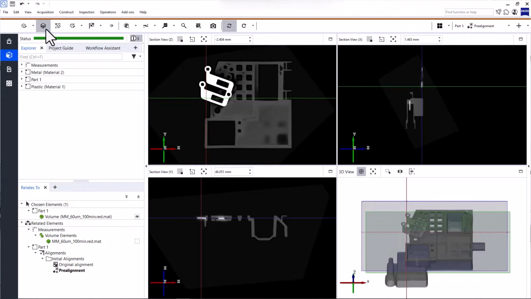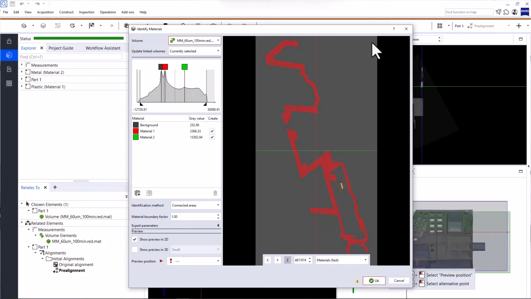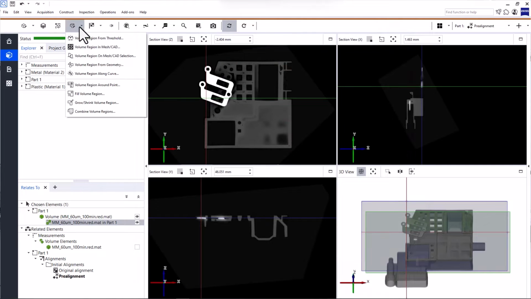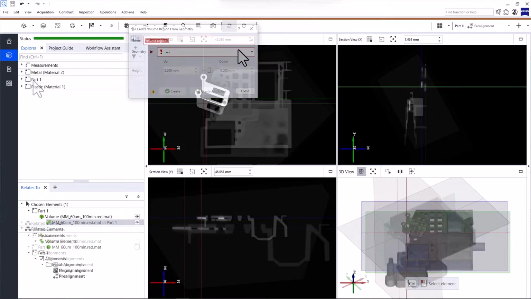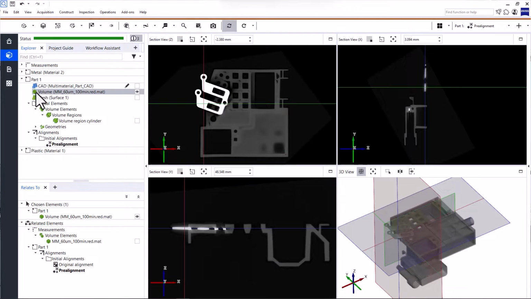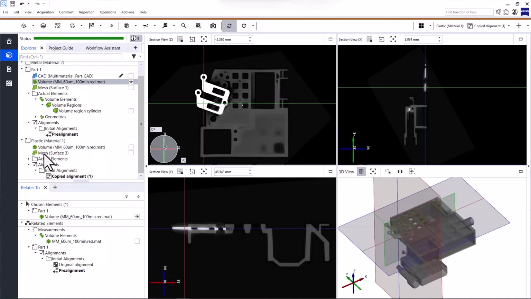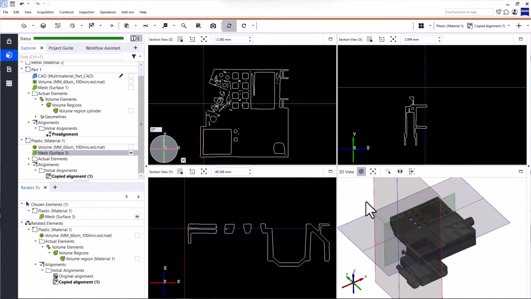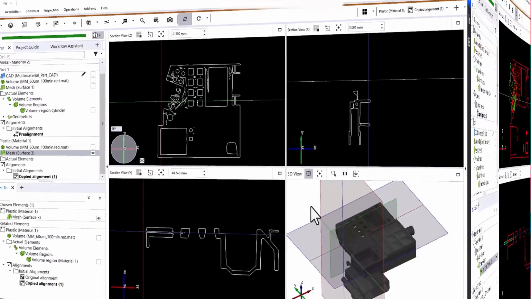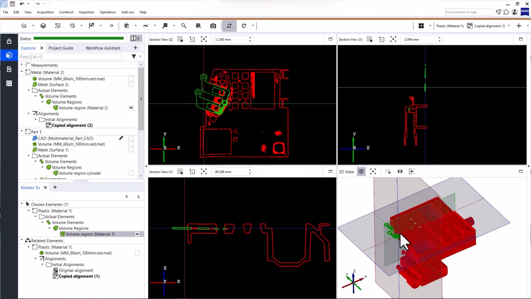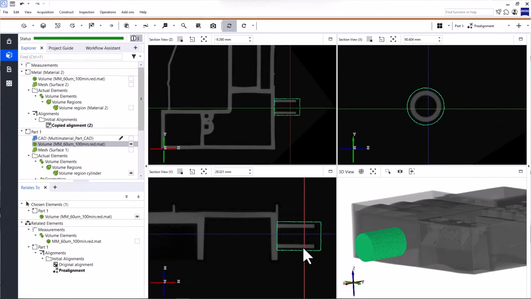In this video, I'll show you different options to process your volume data in Zeiss Inspect X-Ray. The software offers countless tools to inspect volume data. Some require only volume data, others require a polygonized mesh. Depending on your part, you may also need to separate different materials, or maybe you're only interested in certain areas of your part.